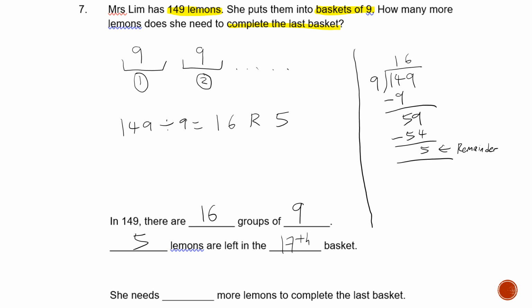Okay, I'm going to pause here, so also pay attention. Just look at my laser pointer. Now over here, when we took 149 lemons, the given total, divided by 9, we want to group these 149 lemons into groups of 9, something like this. So we want to find out how many groups there are. We look, one group, two groups, and we keep counting until we have filled up baskets with 9 lemons. So there are 16 baskets that are full with 9 lemons in each basket,